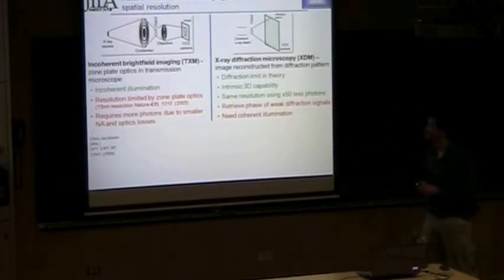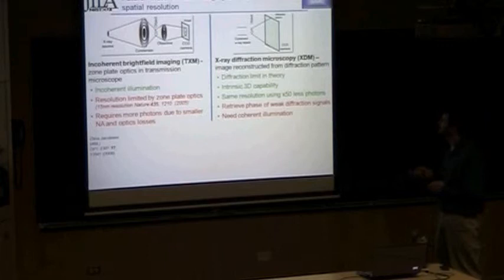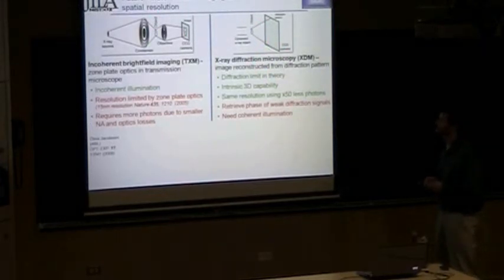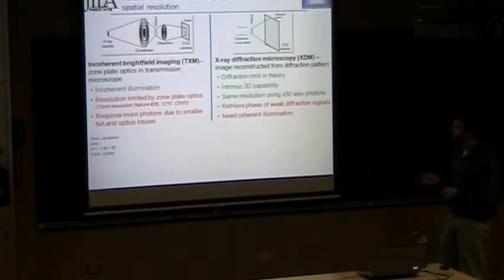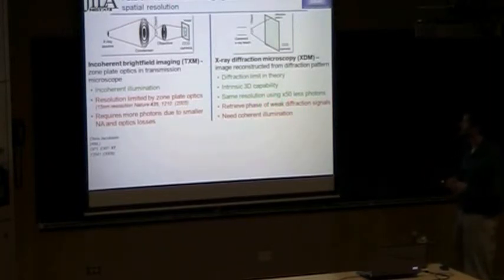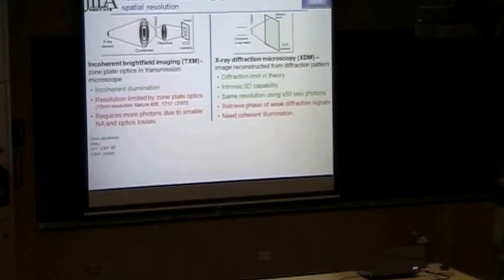So a good question is how does this coherent diffractive microscopy compare with using an objective lens and an incoherent source, especially in the water window where you're looking at biological samples. There are some convenient aspects of working with the more traditional optics. You can use incoherent illumination, which is generally easier. And you don't have to deal with the iterative phase retrieval problem to reconstruct the image. You can just directly measure the image of the sample.